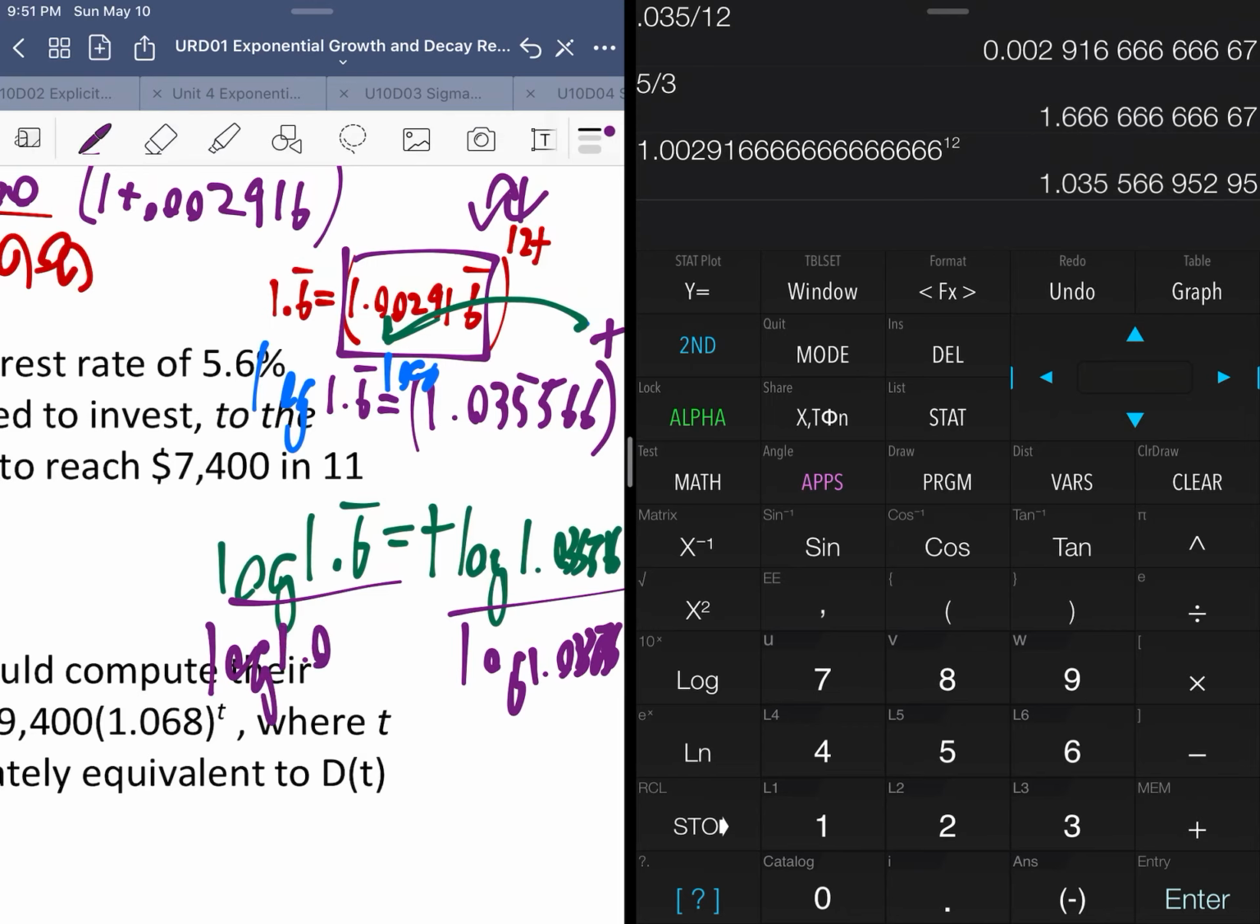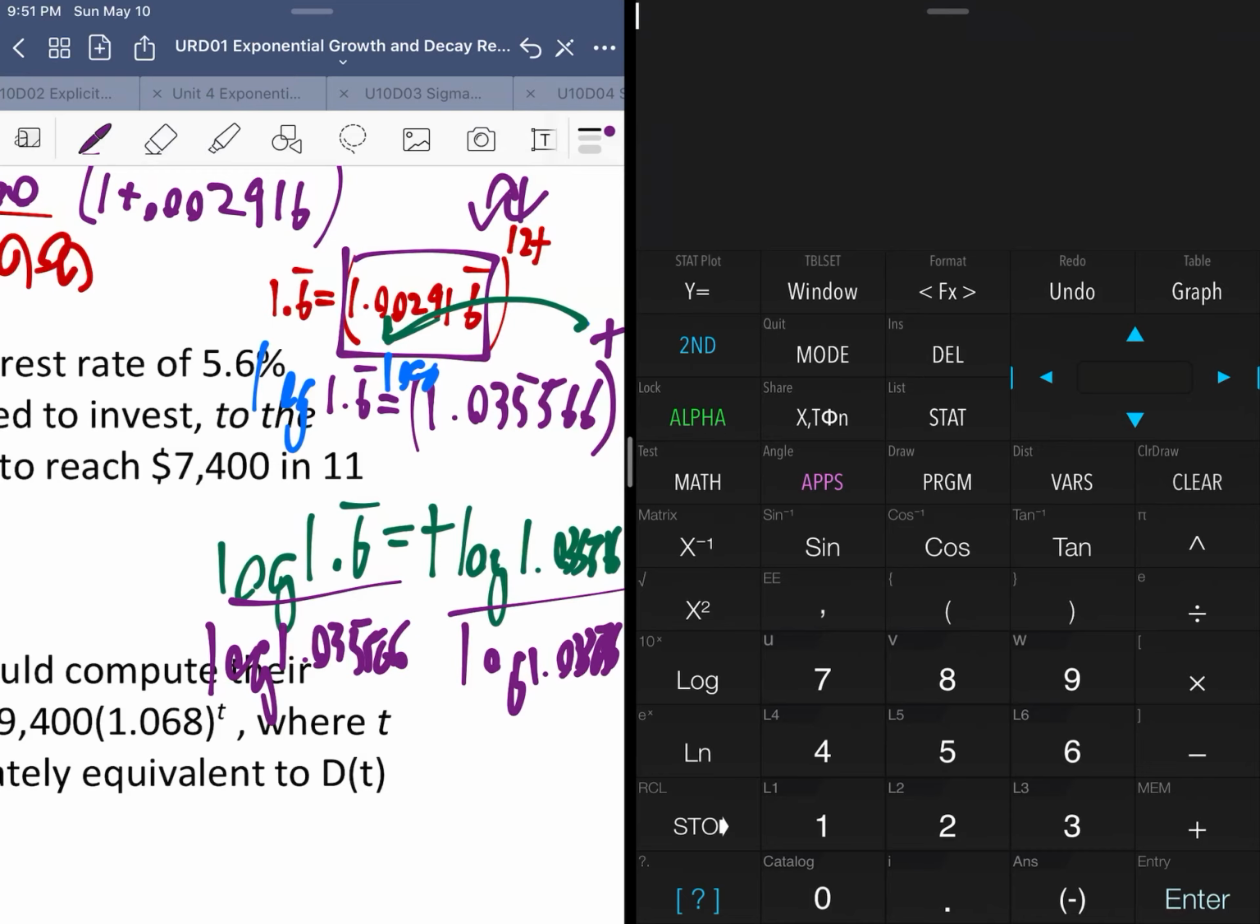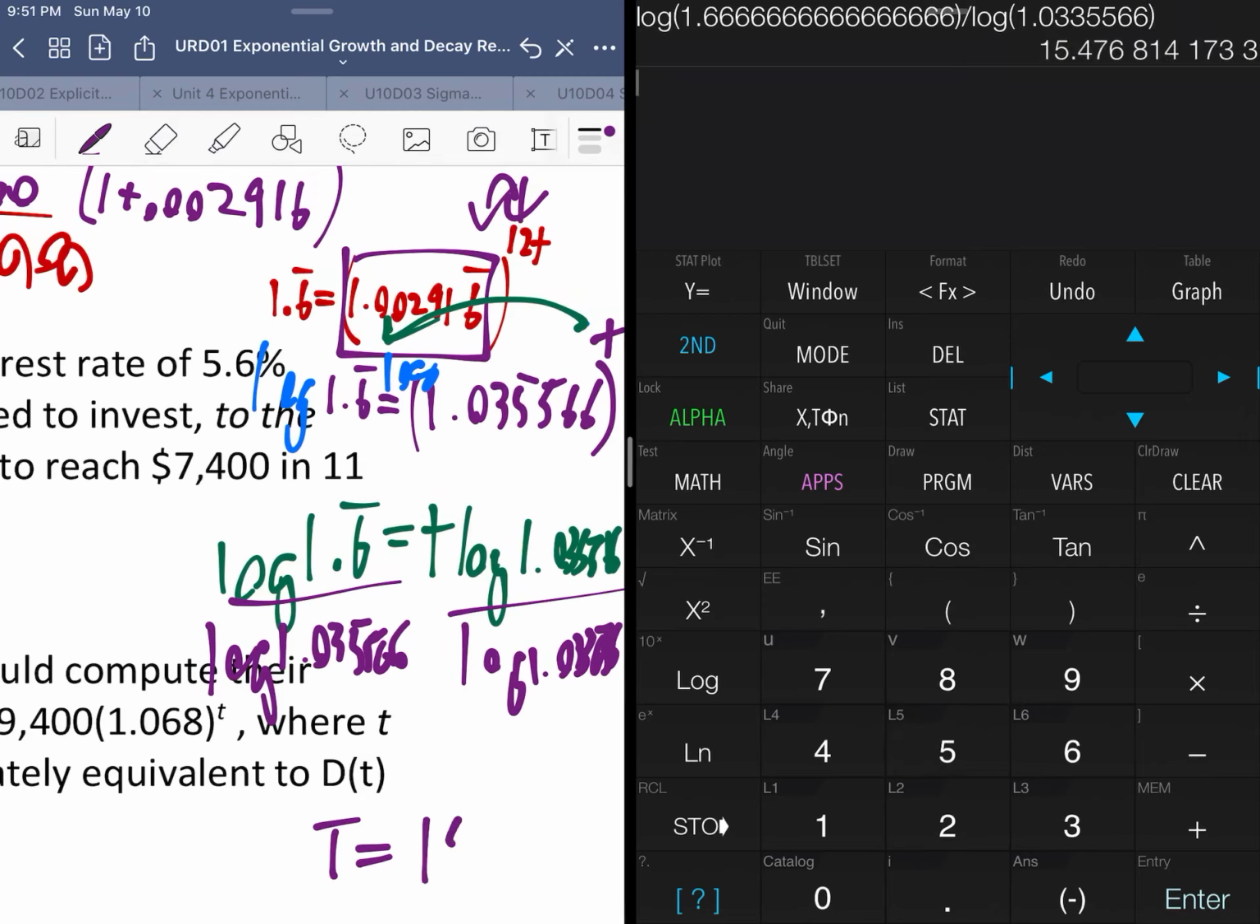So divide by log 1.03566. I'm looking at the calculator for my numbers. I know my handwriting's getting kind of small here. And using a calculator, we're going to get t is equal to log of 1.6666666666666 divided by log of 1.0, whoops, left out the 0.033 5566. And we're going to get about